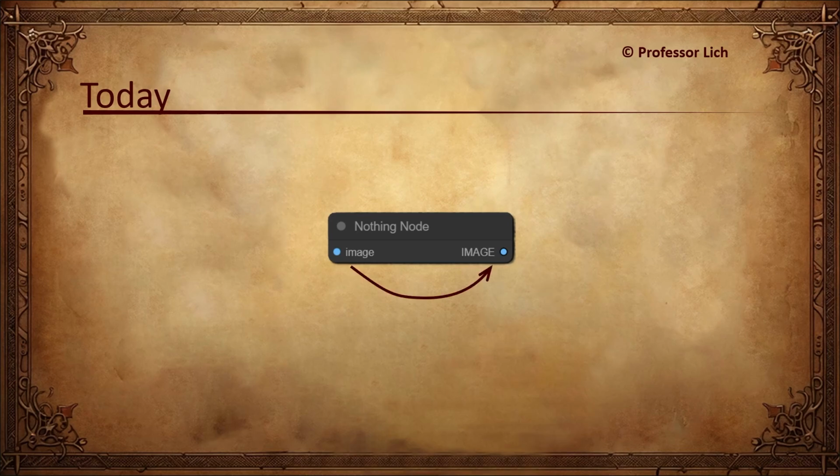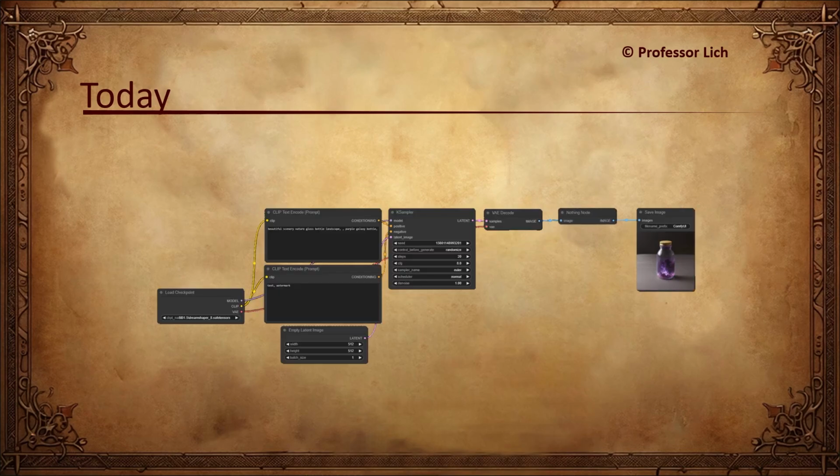Internal logic for us today just means to assign input to output, and once input and output are internally connected, the node should be able to work within a basic workflow without errors. If you've never heard of the words Comfy or Python or Stable Diffusion, I have otherwise no idea what I'm talking about. This video is about generative AI.